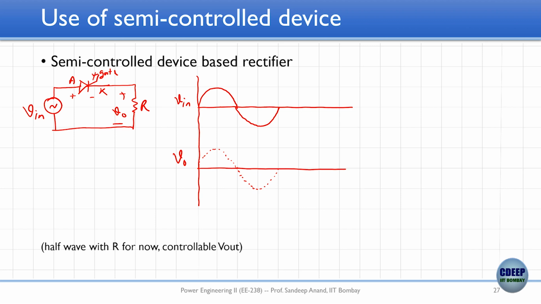Because you have only resistance. Is that okay? Now, because instead of a diode I have this semi-controlled device, the output voltage will depend on